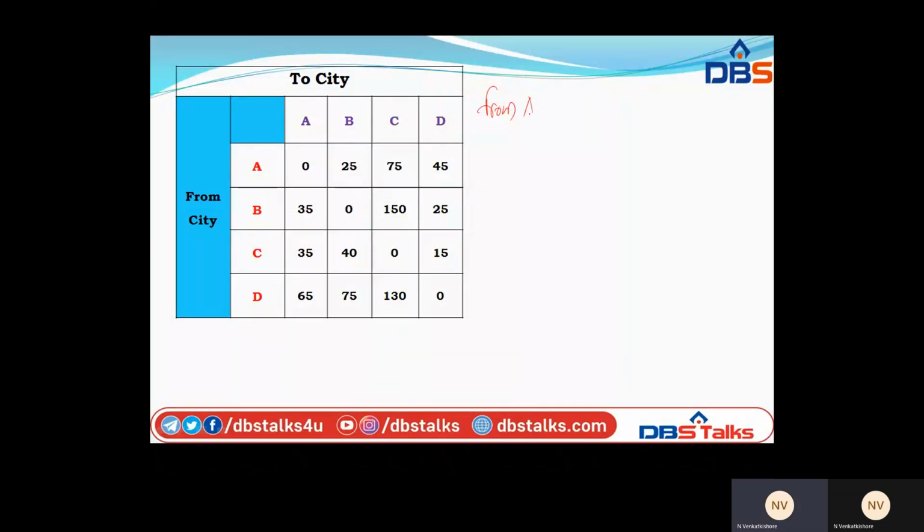So from cities are A, B, C, D, and to cities are A, B, C, D. We already noted that from I to I city is not permitted. What does it mean? From A to A, no. B to B, no. C to C, no. D to D, no.